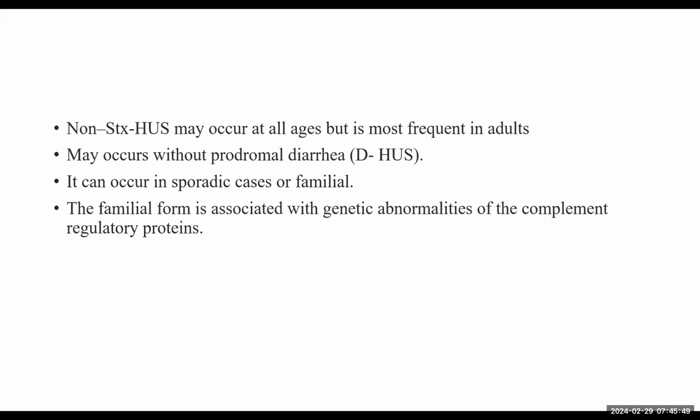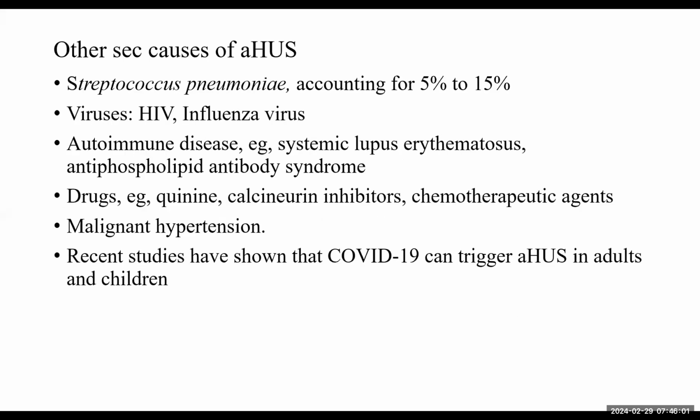It may occur with or without predominant diarrhea, as I said earlier. It can also occur in sporadic cases or familial. In the familial form, it may be associated with some genetic abnormalities of the complement regulatory proteins. So, other causes of atypical HUS, as I said,